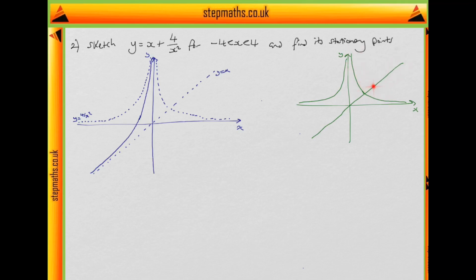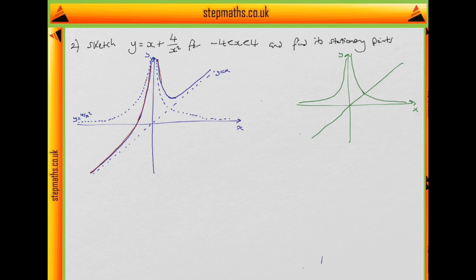We add on some smaller and smaller terms and tend towards y equals x. So it's going to come down like this, and have a stationary point here as it turns, a minimum, and then tend towards y equals x. So that's our curve. In fact, we'll go over it in red to make it clear. So it comes like this,